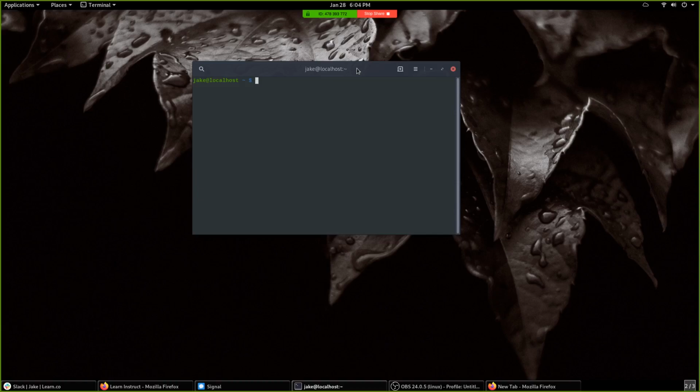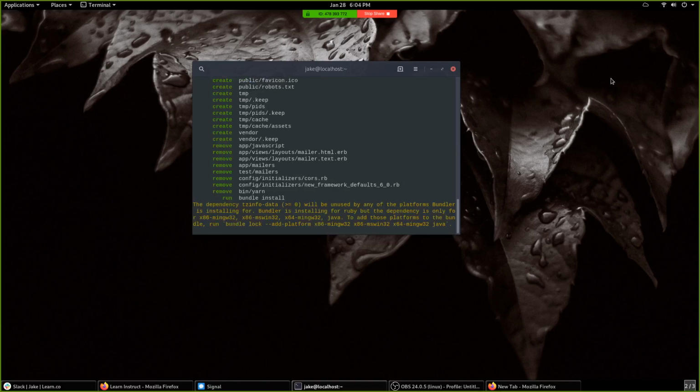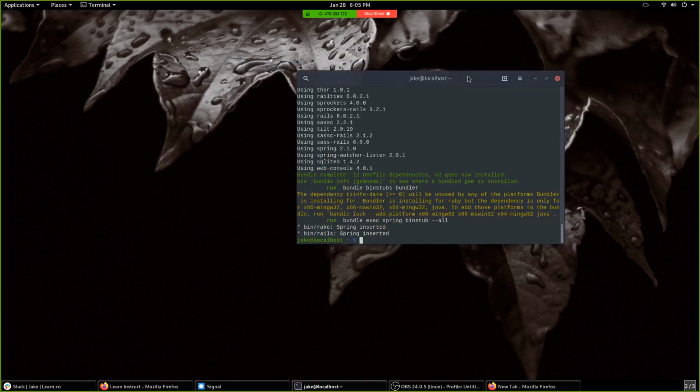So we'll do Rails new library, and we'll paste my favorite Rails new options in there. Fire it off, and we'll let that go. So if we head